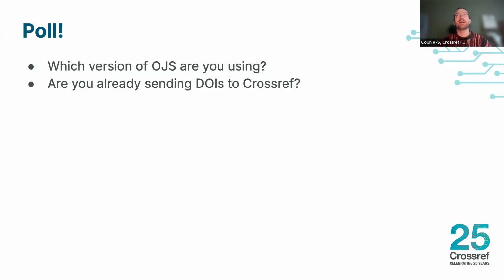I know there's other ways to find out which version you're using if you're not sure. But for me, it's oftentimes the easiest way is just to go to your journal homepage, your OJS homepage, and then on a Mac, if you hit Command U to look at the source code, it says it right in one of the top lines. I think that's Control U on a Windows computer. It'll say OJS 3.3, 3.4, 3.5 right in one of those first lines of the source code there. So that's a pretty easy way to find that out.